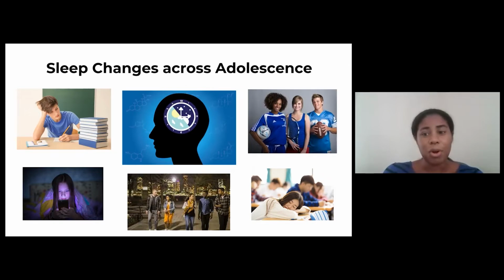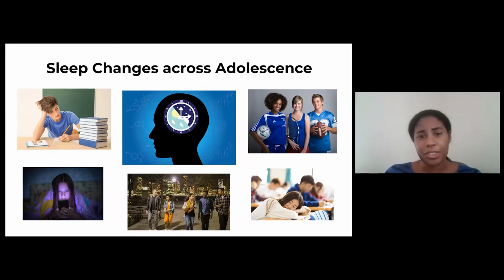So homework burden is definitely a big one. So homework and projects, school may become harder for some, and that can cause challenges in homework completion. A lot of individuals are engaged in extracurricular activities. So that ultimately requires afternoons or evenings, or sometimes early mornings for practices and games.